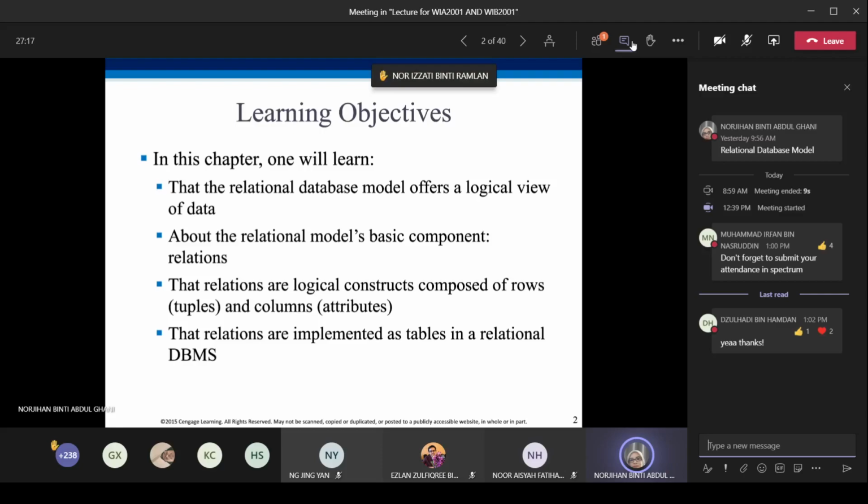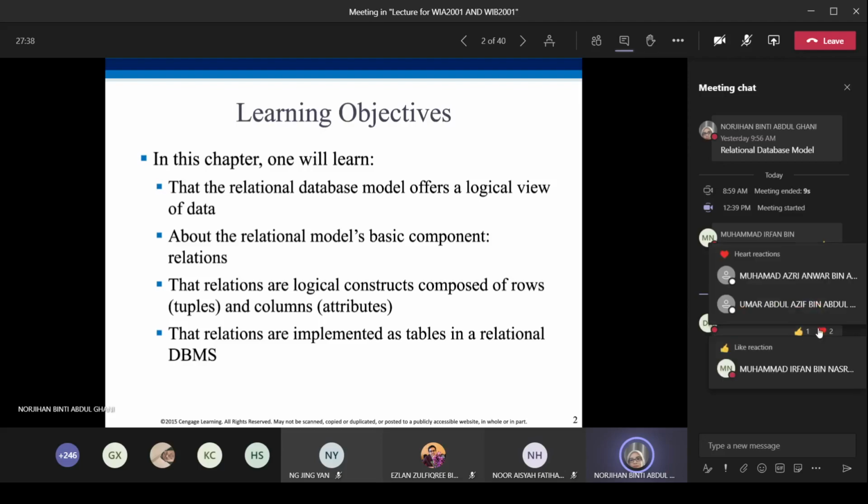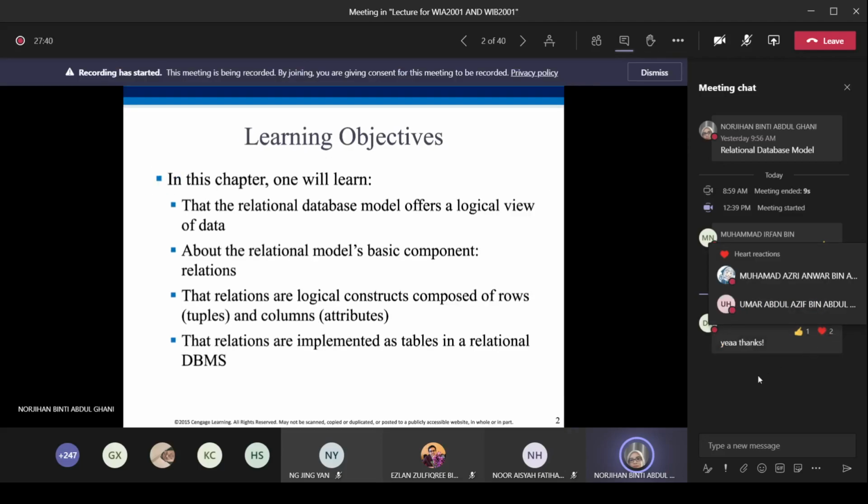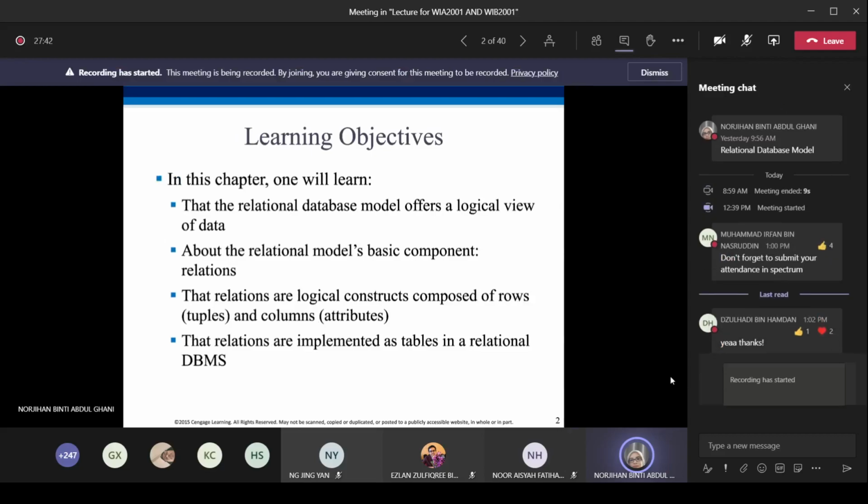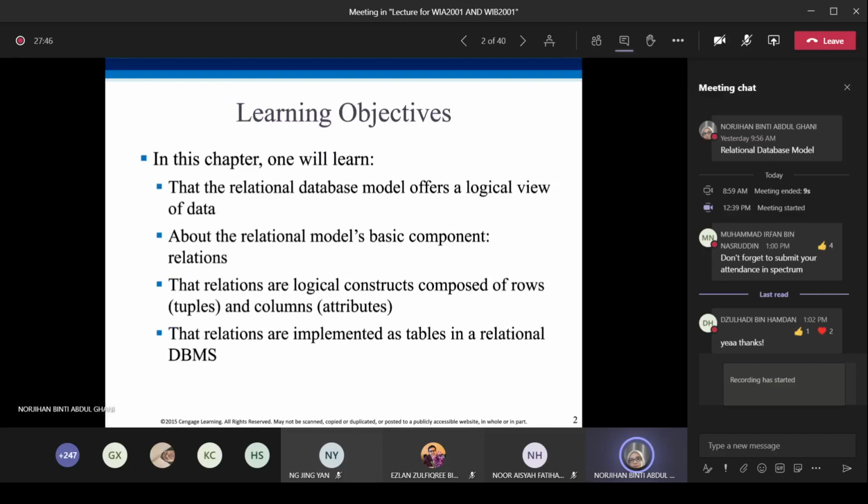The basic component of a relational model is the relation. Relations are logical constructs composed of rows and columns. Relations are implemented as tables in a relational DBMS.